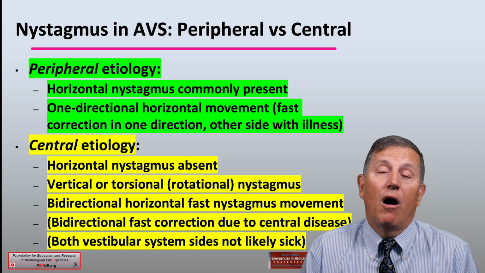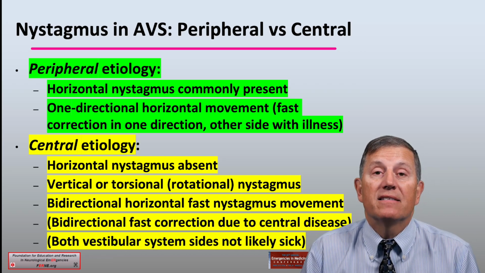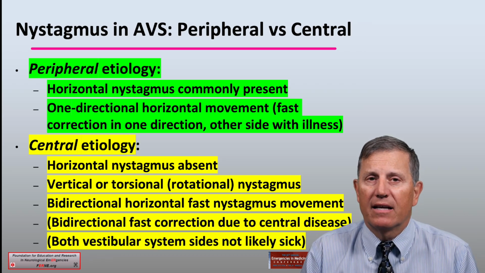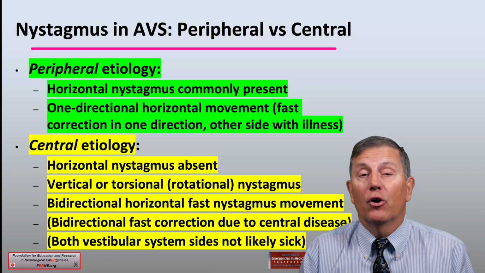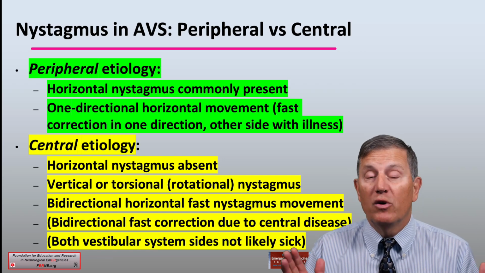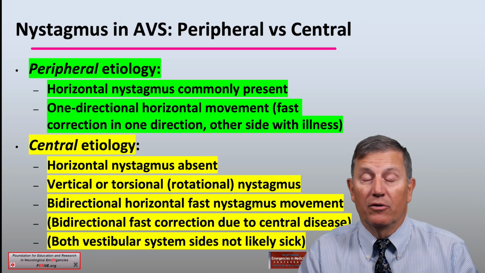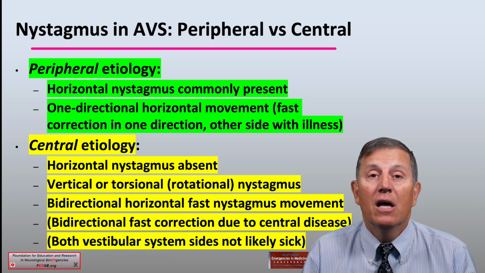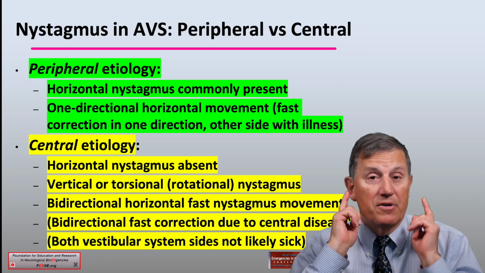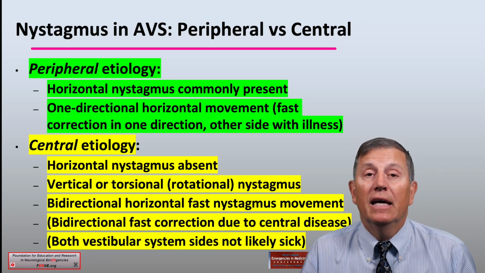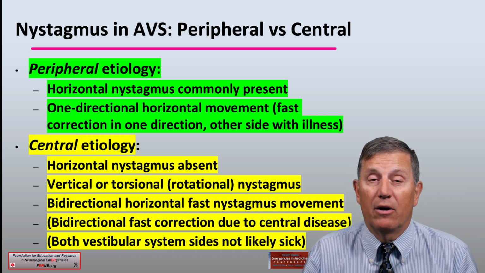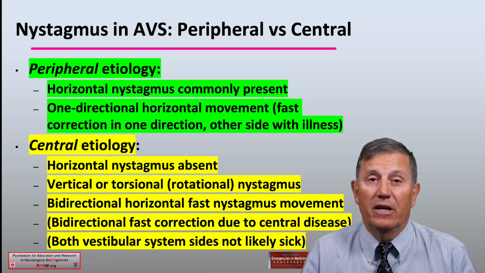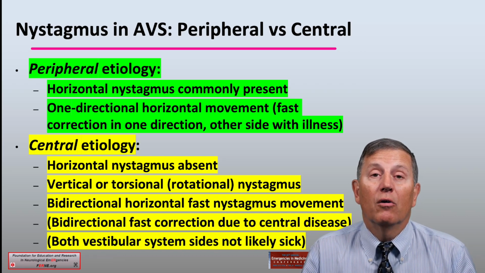So what, therefore, are the findings of nystagmus that suggest a central etiology? Number one, as we discussed, if there is profound vertigo and the patient has no nystagmus whatsoever, no horizontal nystagmus whatsoever, you should consider a central etiology, because if one of the vestibular systems is malfunctioning, it should cause some component of horizontal nystagmus to be observed. Other findings consistent with the central etiology include vertigo,